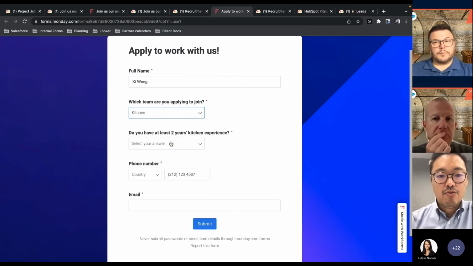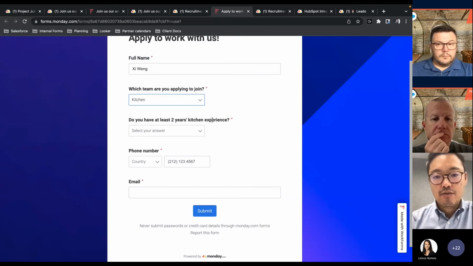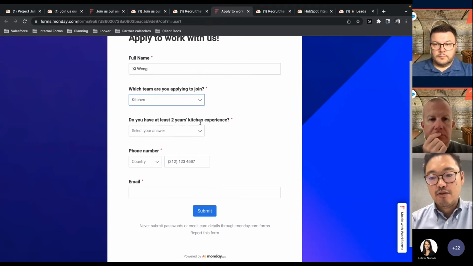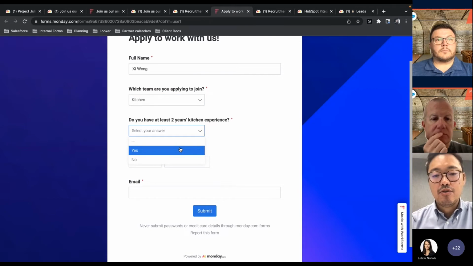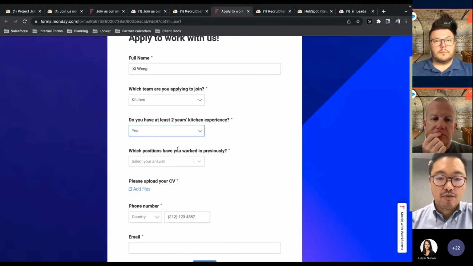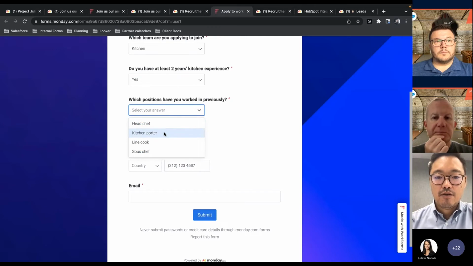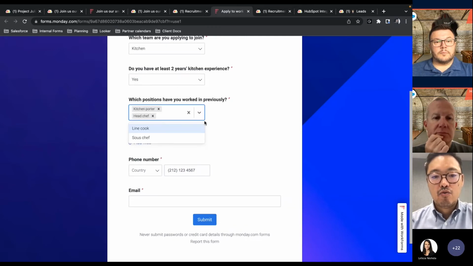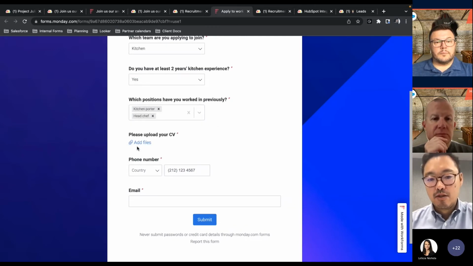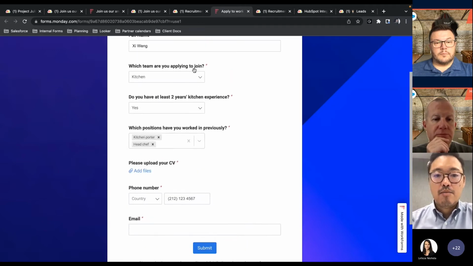And so, for example, if I choose kitchen, there's a very specific question, which again, I've set up based on the conditional formatting. And if I say yes, it'll ask me for a few other very specific role-related questions as well, and ask me to upload a CV. So I won't talk too much about the conditional formatting because we covered that already.